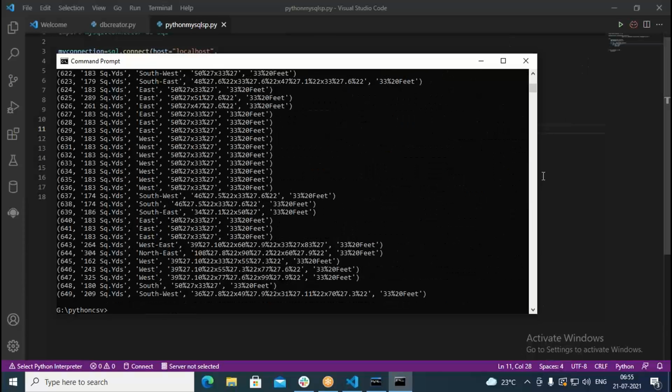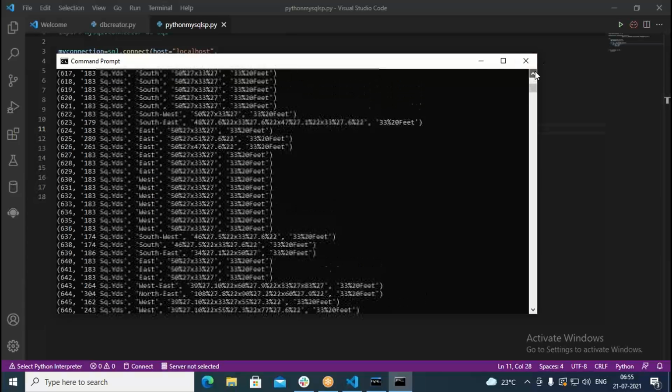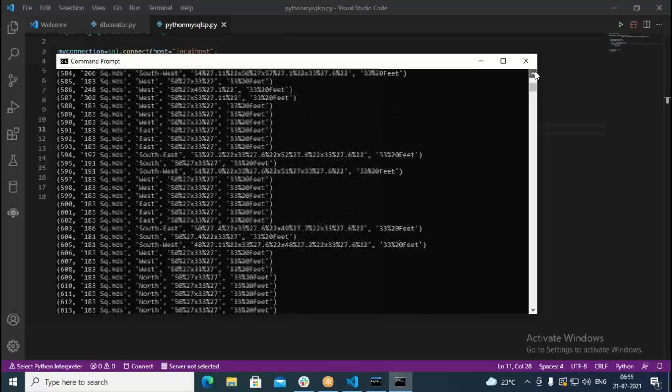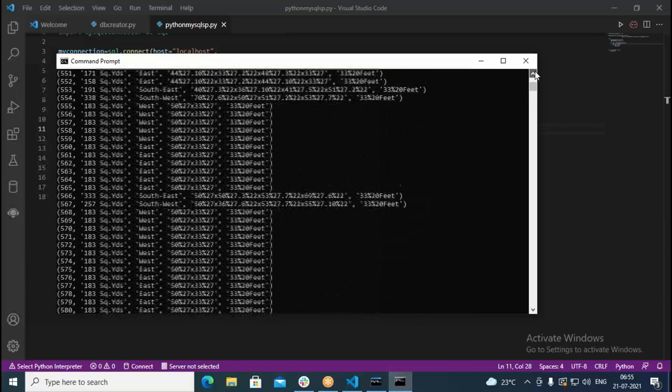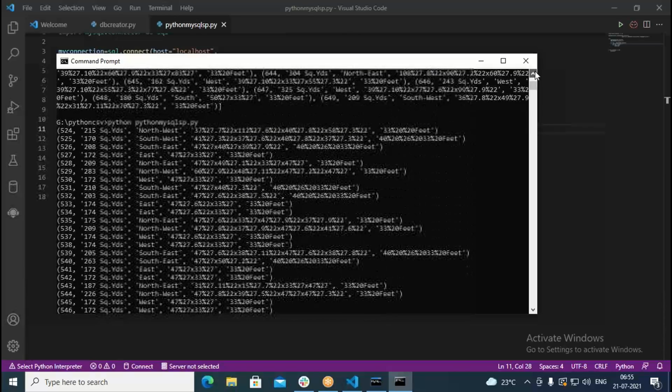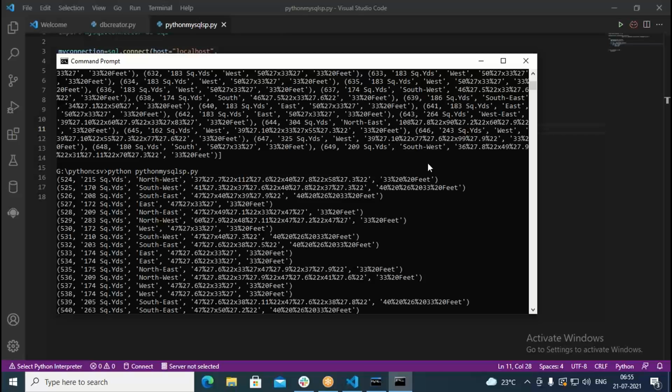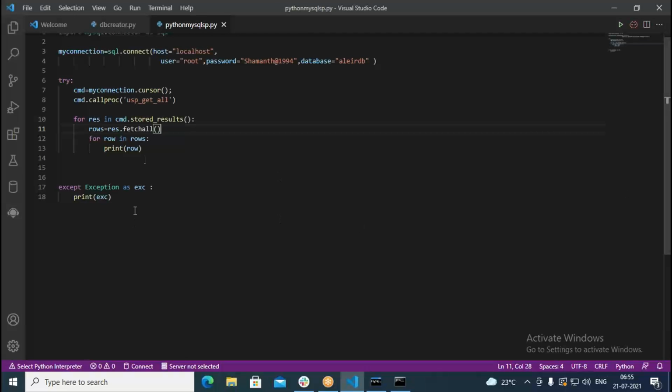Now row by row, it is printing data here for us. When I go with python MySQL sp.py, this is the first row, this is the second row, third row, fourth row, like this, row by row, we are printing. What exactly do we do here? We retrieve row by row.